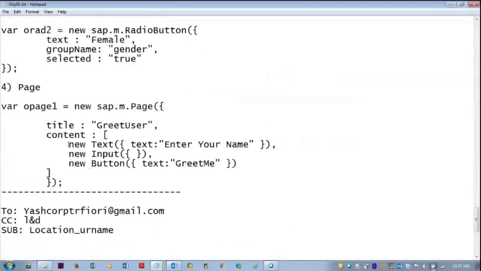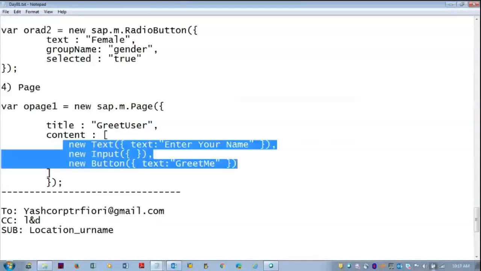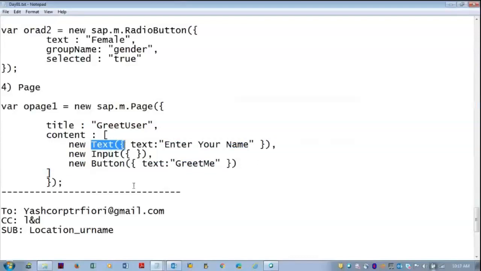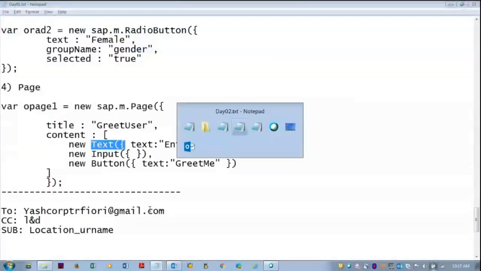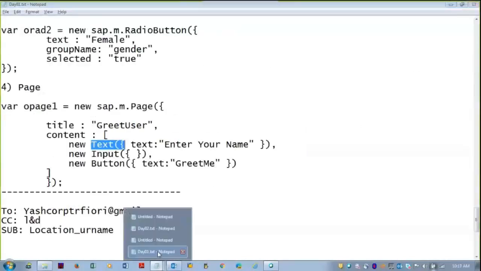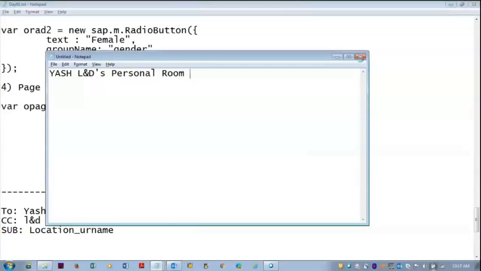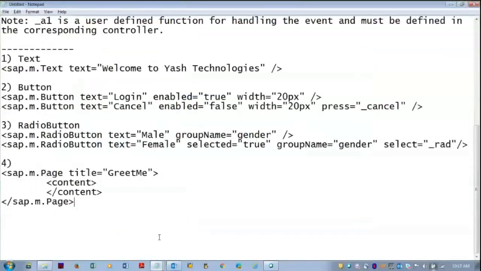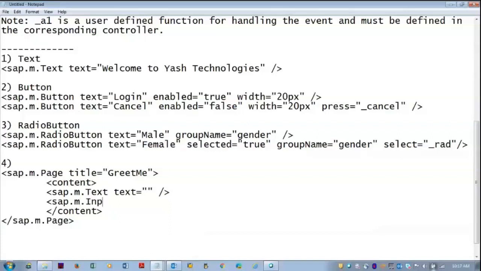These three things we can convert into the XML format: text, input, and button. sap.m.text with the text property, sap.m.input with the value property, but I don't want anything inside that input, and sap.m.button with the text as, say for example, login.